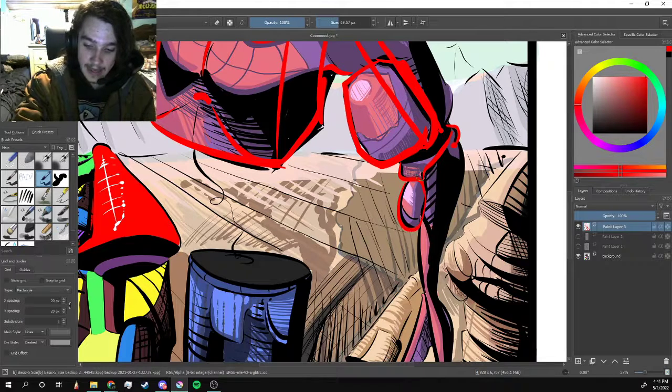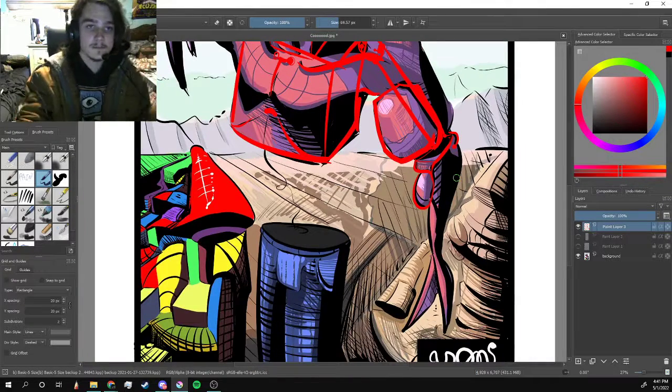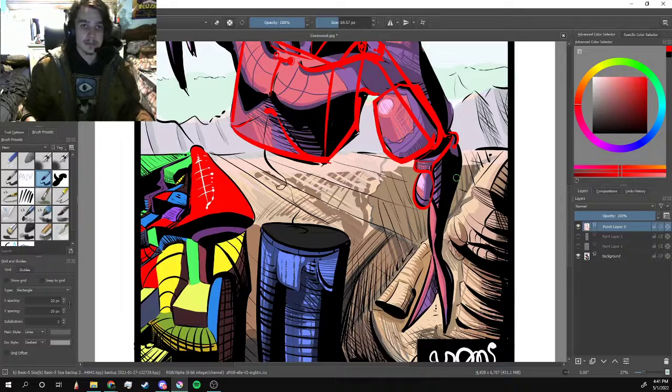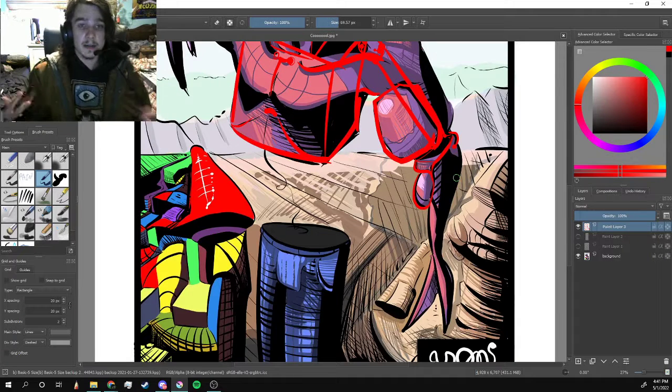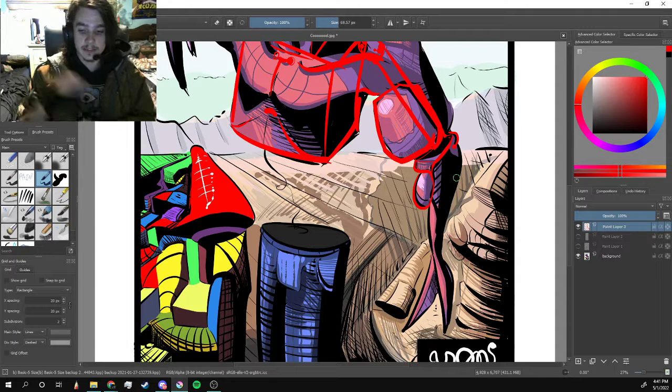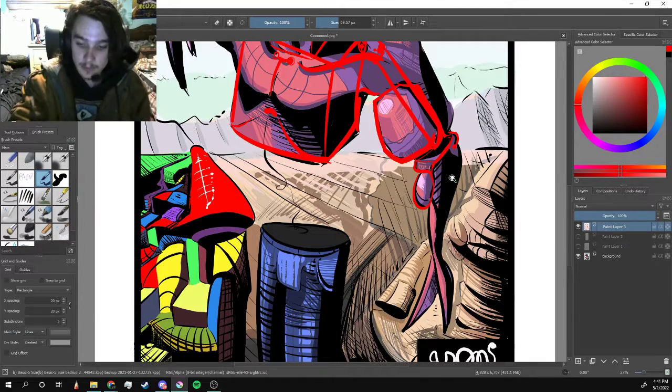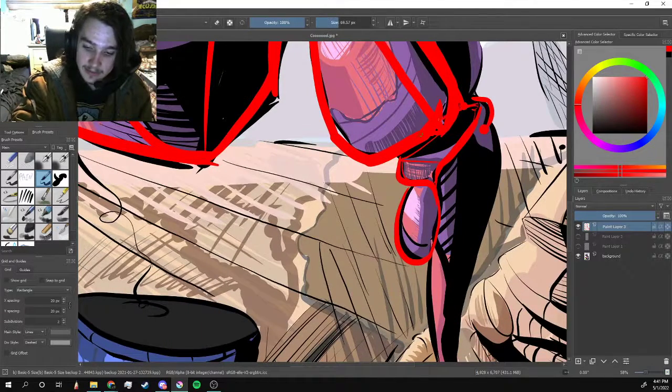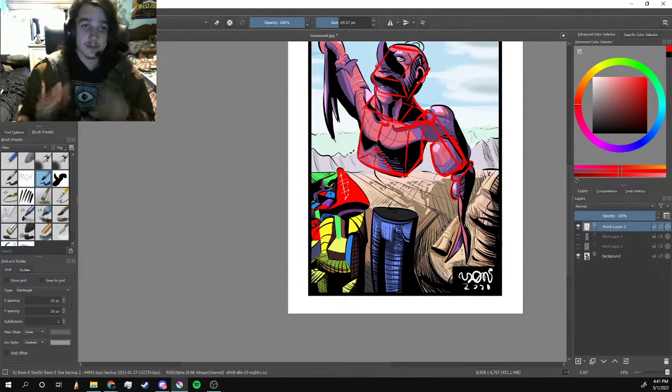So then I have an egg shape here, and I have kind of a whatever this shape is. It's a complex shape. A complex shape is something that would fit into multiple categories. It wouldn't just be a cube or a sphere. It could be a cube and a sphere merged into something, which is kind of what this is. It's got a top platform which is kind of rounded, and then it's got a more angular, cubic